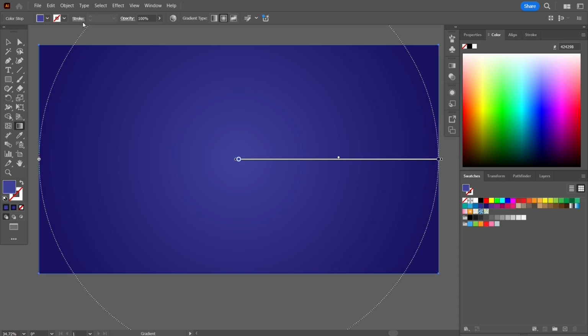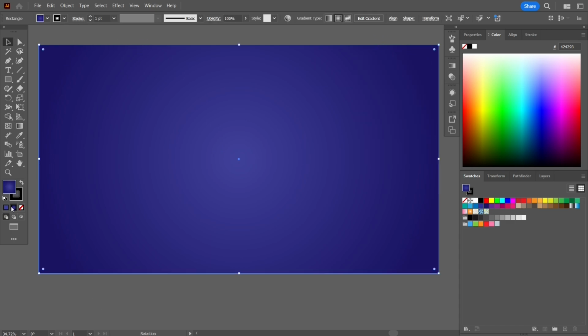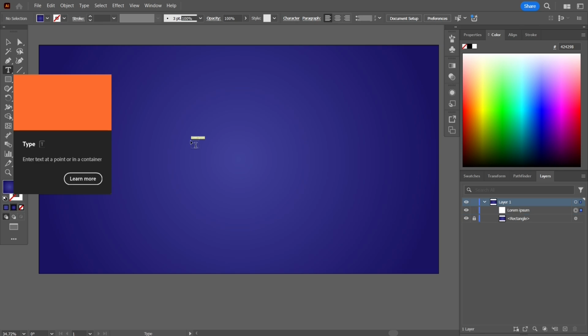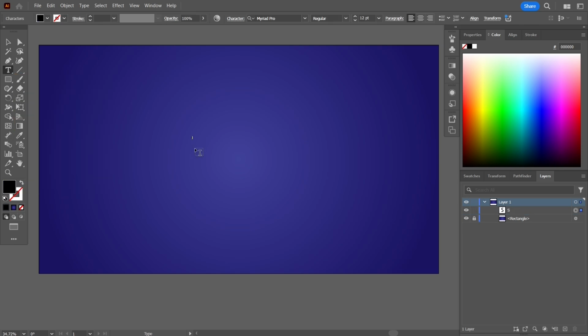So the next thing is that I will set the stroke to none and simply lock the rectangle. Onto the text now. Simply select the text tool, and since we want scribble, that is the word I would write, SCRIBBLE,